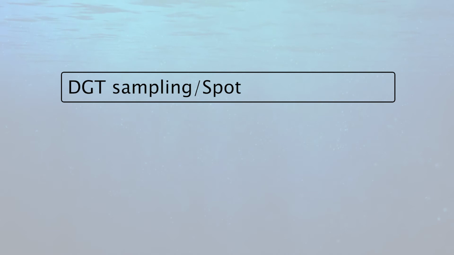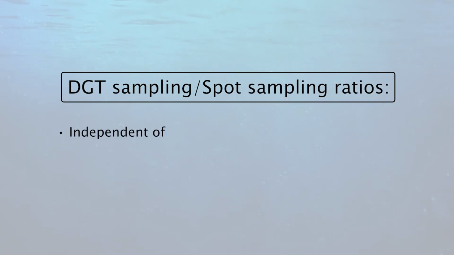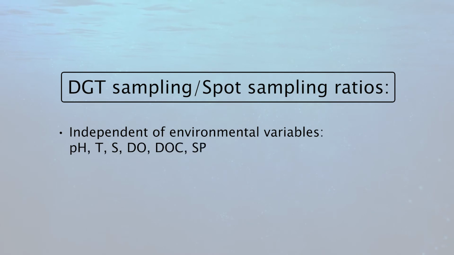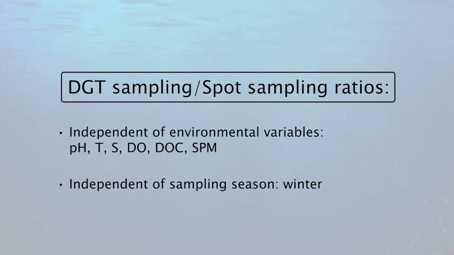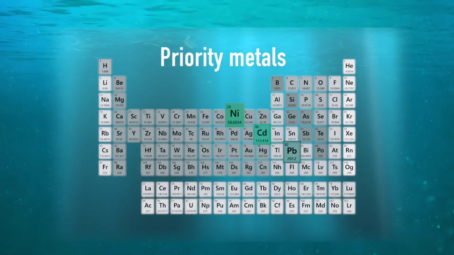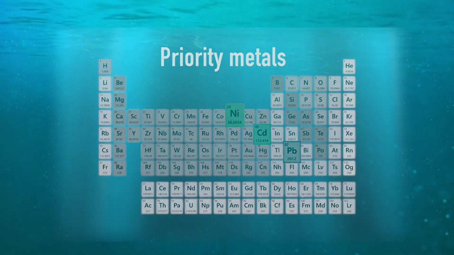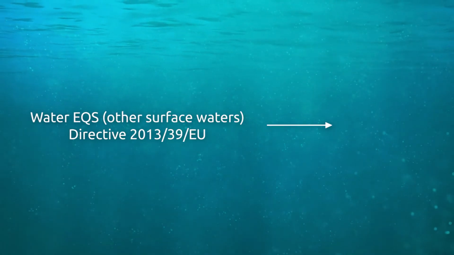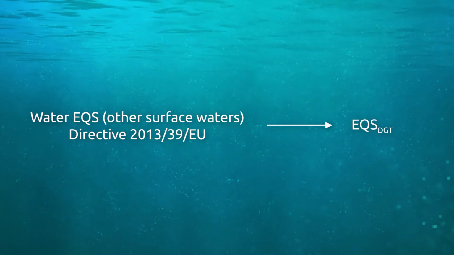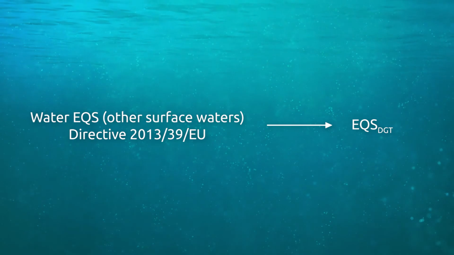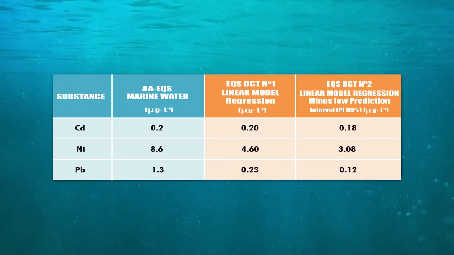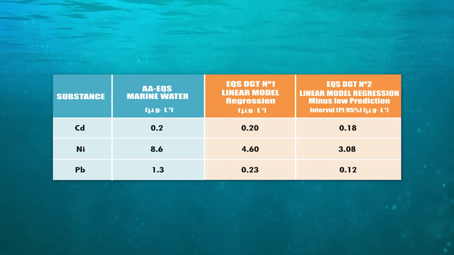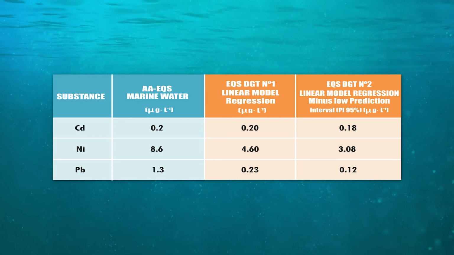DGT sampling to spot sampling ratios were shown to be independent of broad-scale environmental variables such as pH, temperature, salinity, dissolved oxygen, dissolved organic carbon, and suspended particulate matter, as well as of sampling season, winter or summer. Complying with the stated objectives and based on the MONITOOL database, after a thorough statistical process and using a pragmatic approach, it has been possible to adapt the existing metal water environmental quality standards, EQS, for these passive sampling devices. Thus, DGT EQSs have been proposed for cadmium, nickel and lead, as well as for the other metal ions that